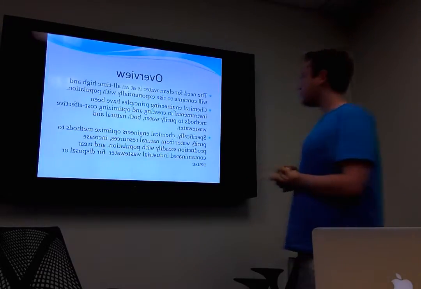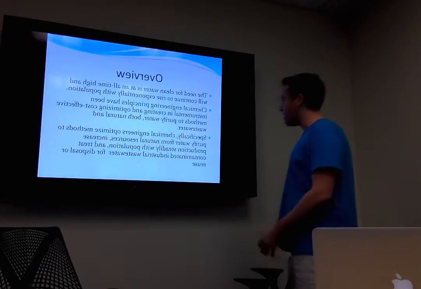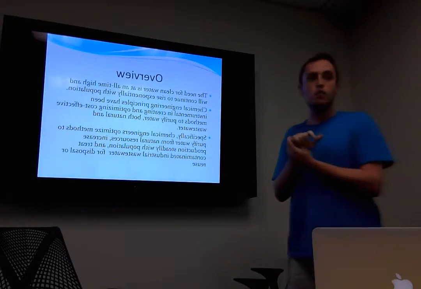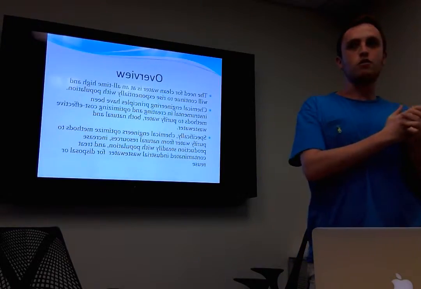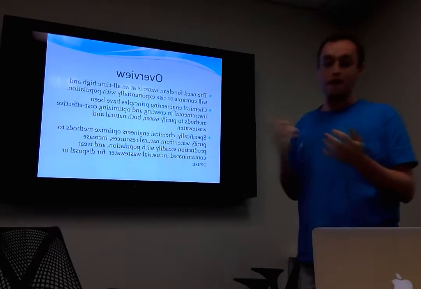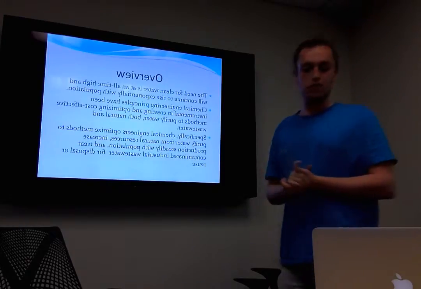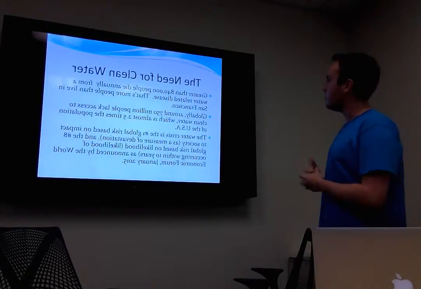So specifically, you need to increase production steadily with population and treat industrial wastewater for disposal or reuse, because ideally you'd be able to reuse a lot of the water that you use up, so that you're not just consuming the natural resources, you're recycling, because obviously that's good. If we have a water shortage, you shouldn't just be using it if you can reuse it to some extent. So the need for clean water. I'm going to go into more depth about that now.